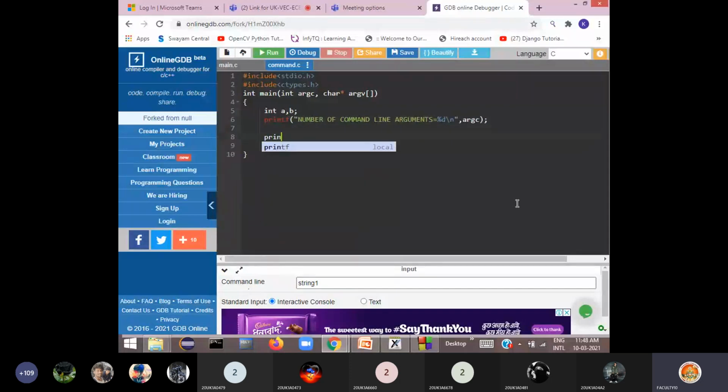So I'll print here, printf argv of 0 is equal to %s, new line, comma argv of 0.